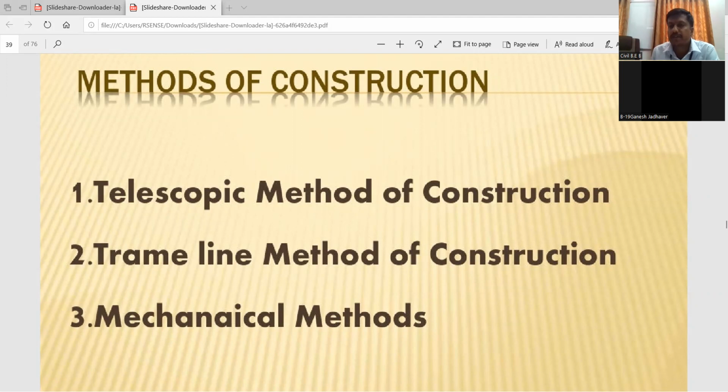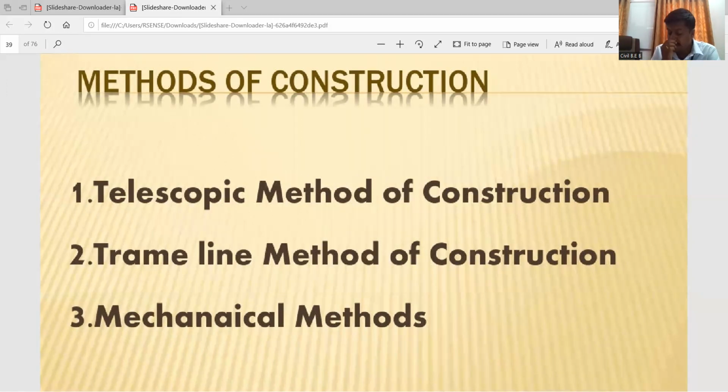In today's session, we are going to complete the rest of our unit number 2, that is methods of construction of the railway systems, the railway components and maintenance strategies. So that part we are going to cover, and with that note, we are going to end our unit number 2. And then we are going to start our section 2, that is airport engineering.